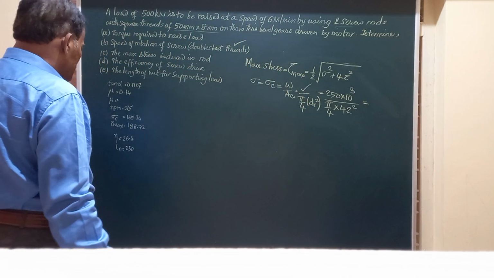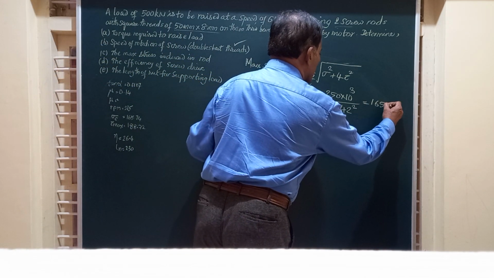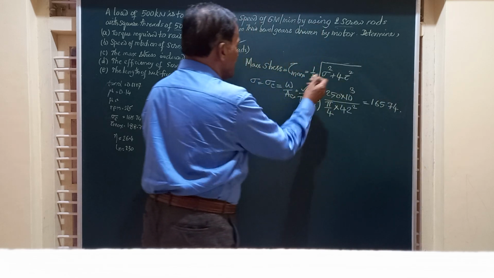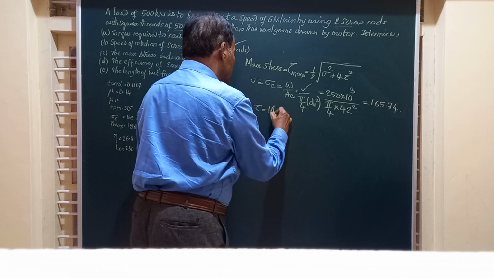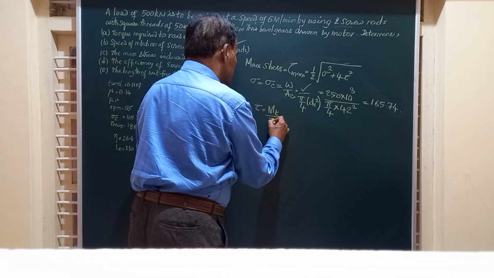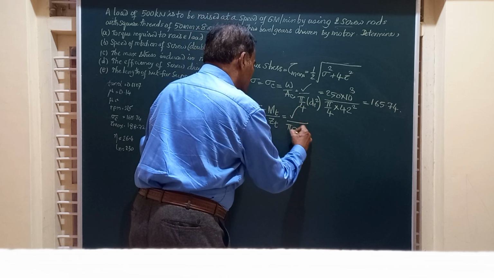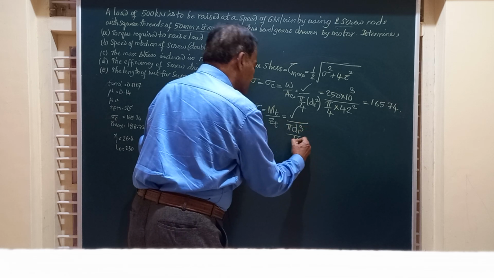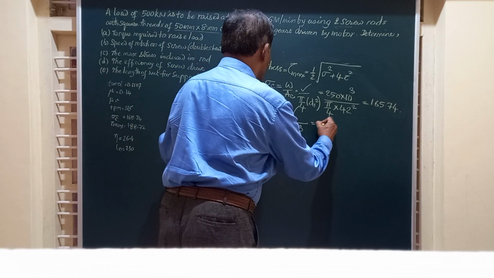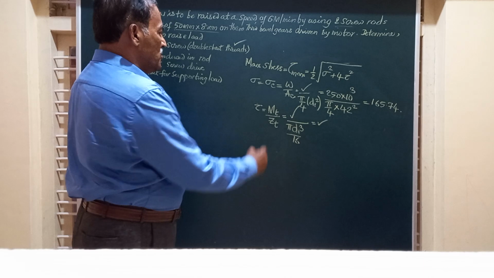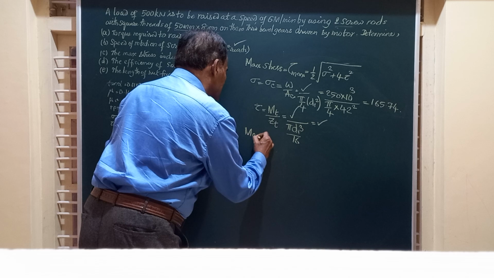Sigma C is 165.74 MPa. Then friends, this tau is equal to Mt by Zt, the torsional stress. Mt value we know, Zt is equal to pi d1 cube by 16, that is from the formula. You will be able to find out the value of this tau. So by substituting these two values, we will get the maximum stress in the rod